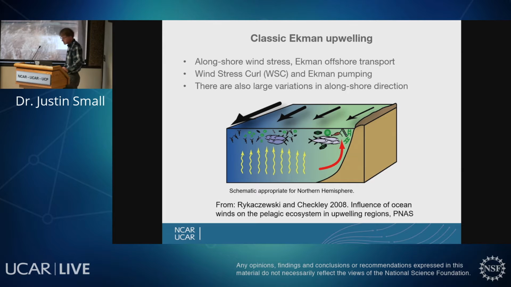very schematically, the dynamics of upwelling. This is from a paper by Rykaczewski and Checkley in 2008. And it's showing an eastern boundary here as a sloping boundary. And these black vectors on the top here are the wind vectors. They're flowing along shore. This is appropriate for the northern hemisphere as it happens, so they're flowing southwards, such as the California Current System. And another thing I'll point out, the size of these arrows is linked to their strength. So it weakens as you go along shore.